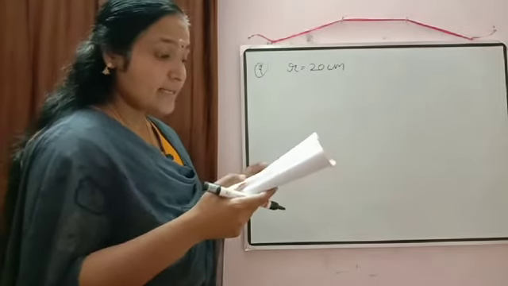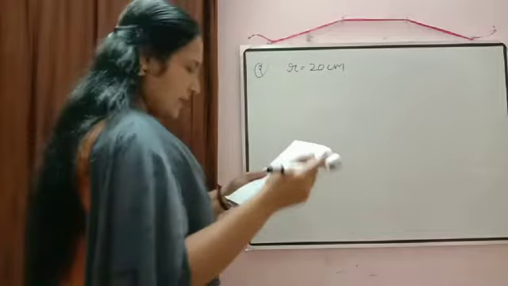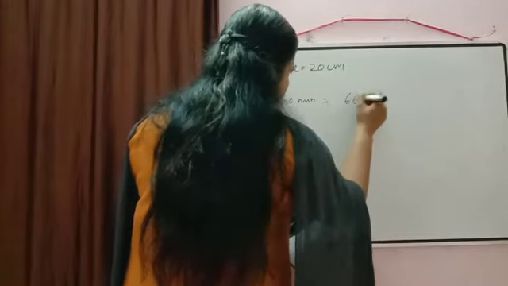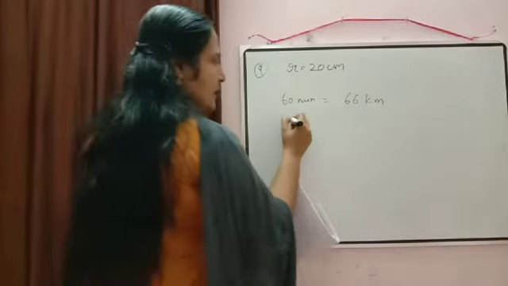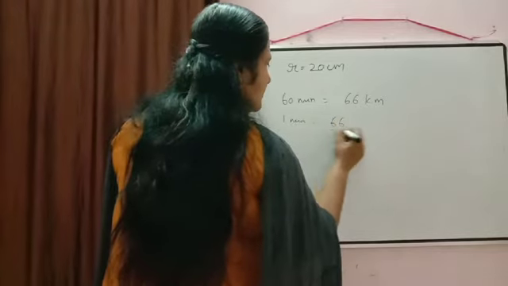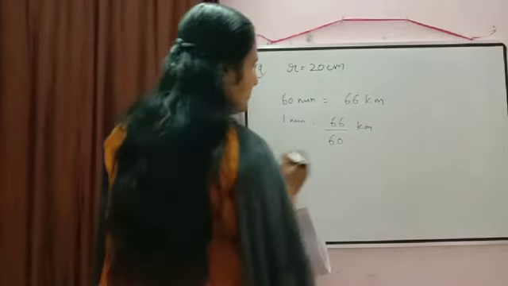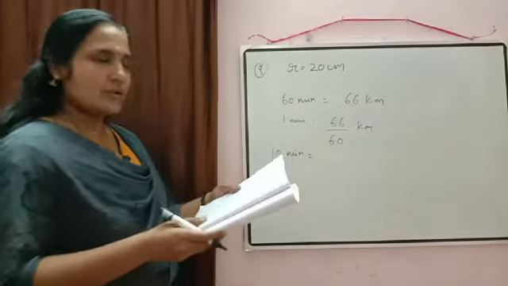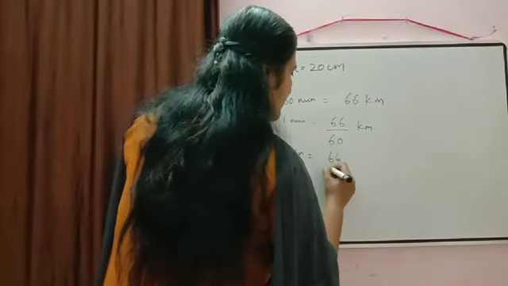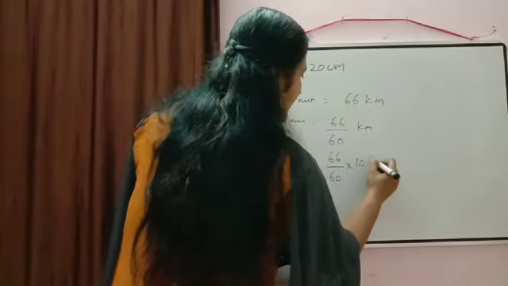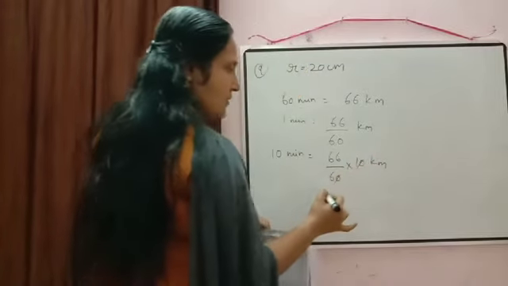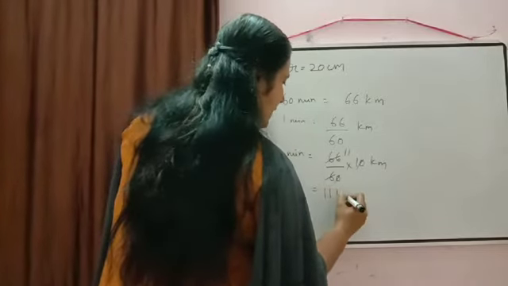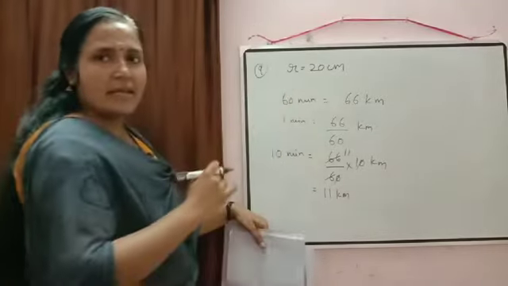We have to calculate the distance covered in 10 minutes. So again we will write down there. In 1 hour means in 60 minutes distance covered is 66 km. So in 1 minute distance covered will be equal to 66 by 60 km. Then in 10 minutes, because in the question it is asked in 10 minutes. So in 10 minutes distance covered will be equal to 66 by 60 into 10 km. Here 0 and 0 you can cancel. 66 and 6 also will get cancelled. What we are getting here? 11 km.